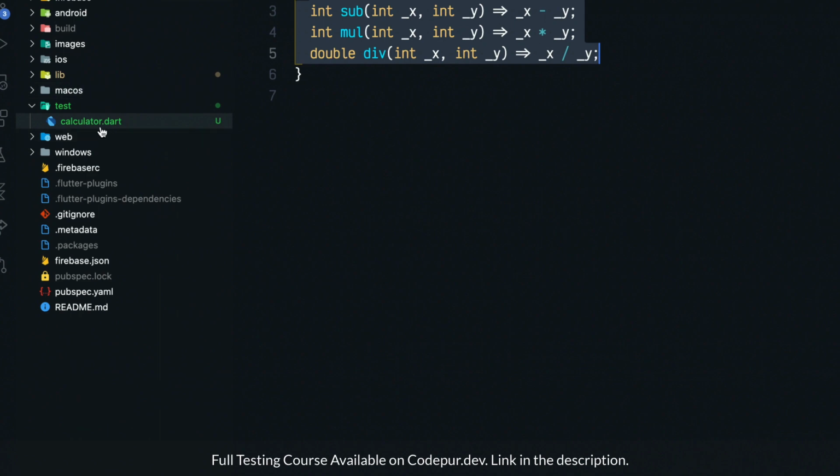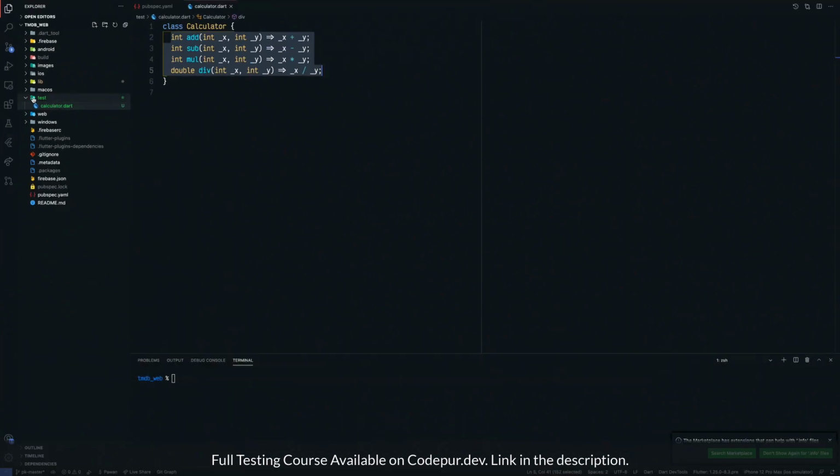Ideally, I would say that this particular file should not be inside your test folder, which is very true. But right now, just for the sake of simplicity, I am doing it here. Ideally, it should be somewhere inside your lib folder. So never mind, let's not get into this, but rather talk about testing more. Let's say I have to write some test cases for this calculator class, how will I do it? And I also have to make sure that I cover the real scenarios as well. So please pay attention to this as much as you can, because this is more important. Only then will you understand the real scenarios.